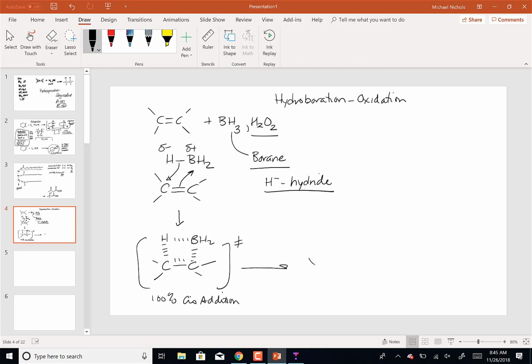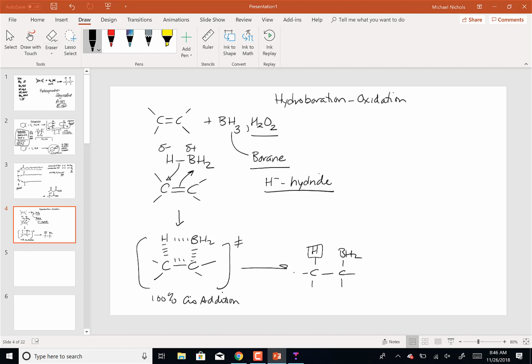And then I'll have the hydrogen added to one carbon and the BH2 added to the other. So I've added a hydrogen. Then, once I form that molecule, and I'll come back in a minute and